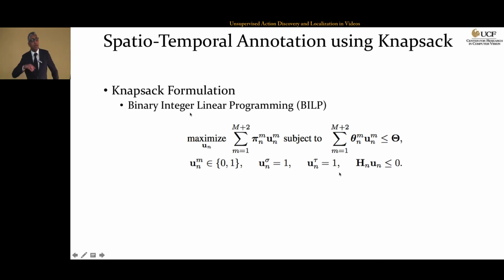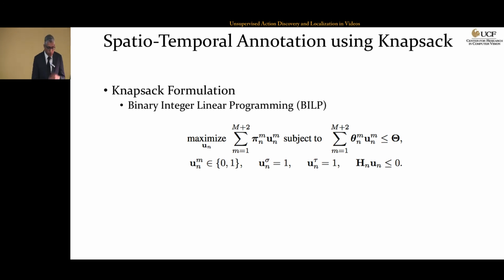Now, as I mentioned, this would give us an action annotation for the training videos. However, we repeat this process for several action annotations for each video because we can have multiple actions. If we have those labels from clustering and the annotations from Knapsack, we can use them together to learn an action detector and use it in testing videos. However, we need to make sure that all these annotations truly belong to the action itself. So there might be some false positives or some people in the background that could be selected based on this